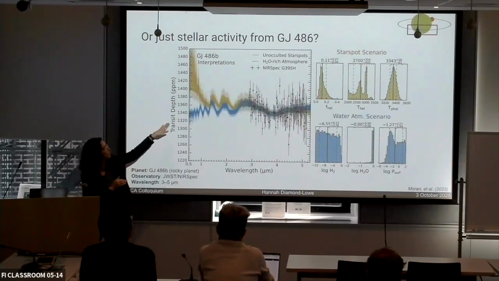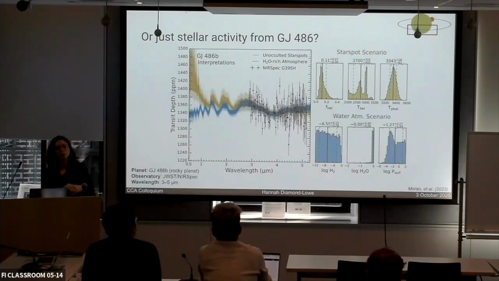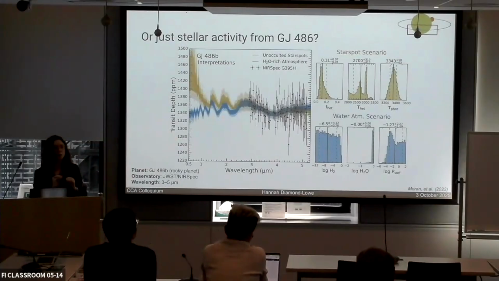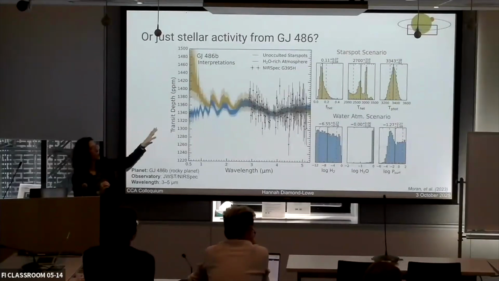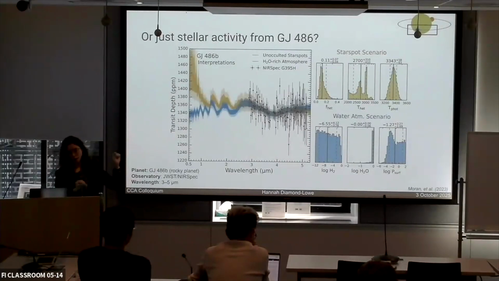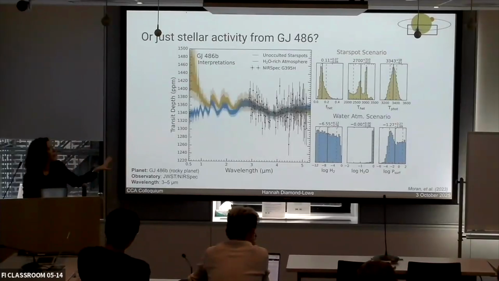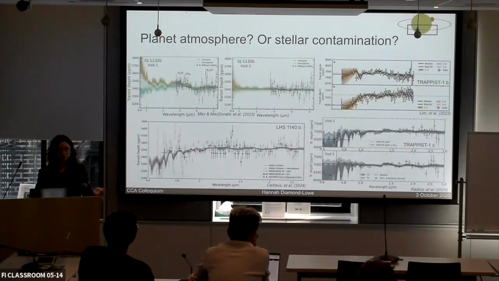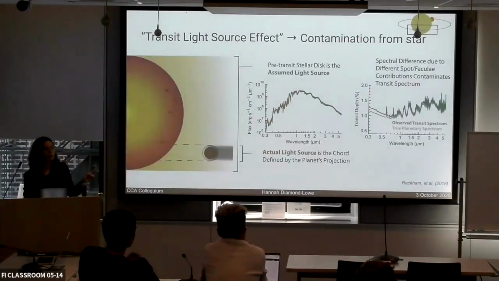So in the bottom, this blue family of retrievals does fit the data really well. That represents water in the planet's atmosphere. The data are fit equally well by water in the host star itself. This is not a one-off phenomenon. This has been happening many times since the launch of JWST, and it's also not something that we were surprised by. This has been known for a while and really nicely written up in this paper by Ben Rackham